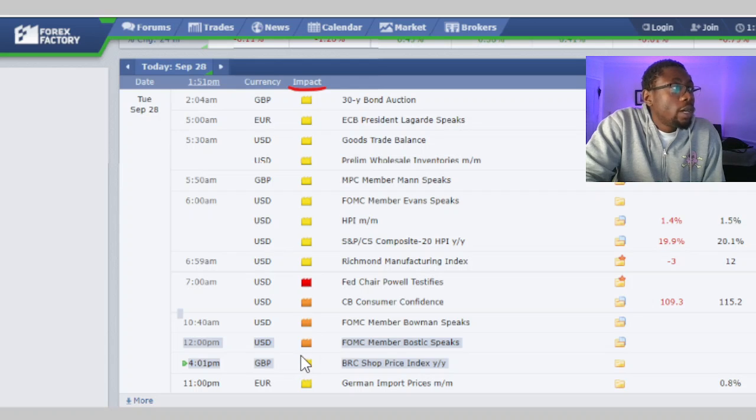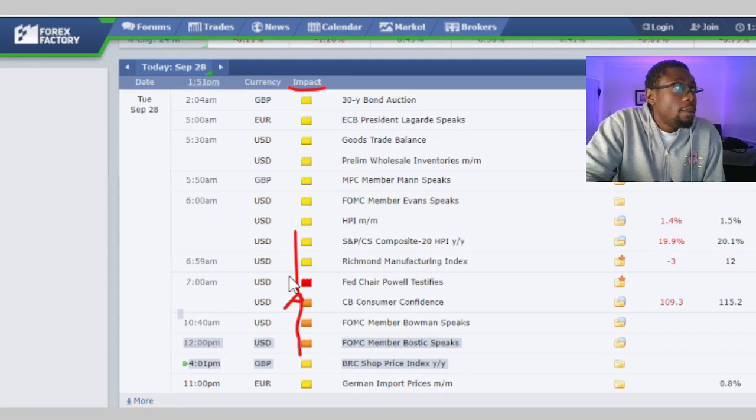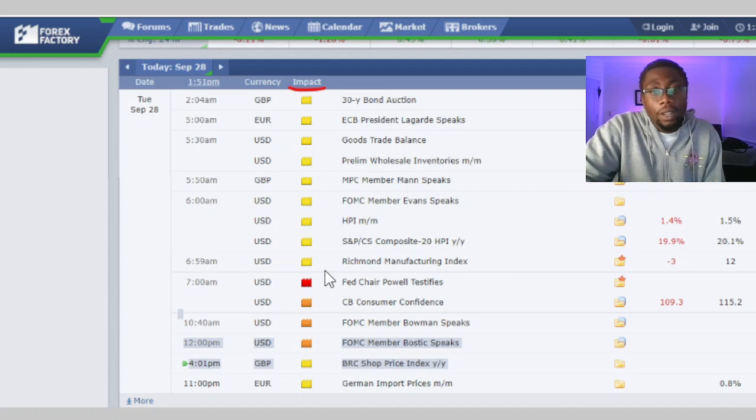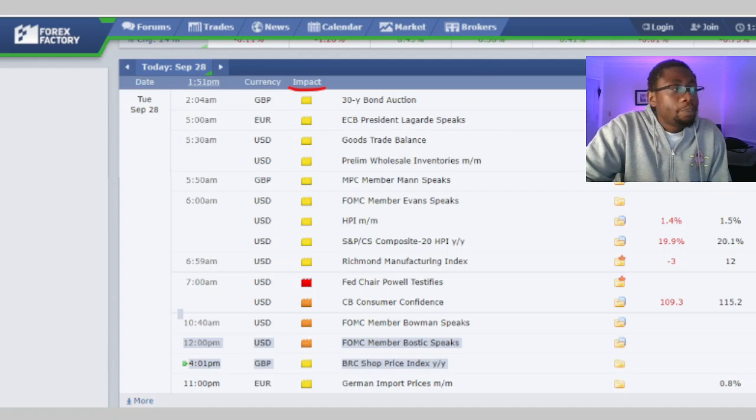which can also add to that initial high impact and low impact that you have, which can just create a very, very chaotic trading environment at that time. At any rate, get comfortable with this site, Forex Factory. It's very helpful, and I suggest adding it into your daily routine, just being able to sit at your trading desk in the morning or whenever you clock in to be able to check out Forex Factory,